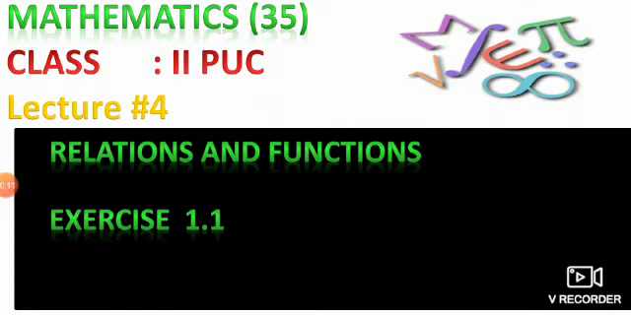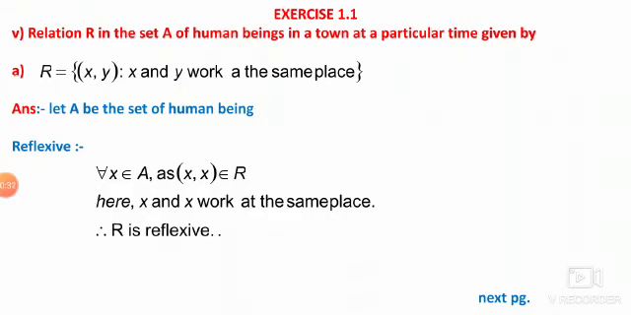Today we are going to solve few more examples from the exercise 1.1. In last class we have seen the types of relations, that is reflexive relation, symmetric relation and transitive relation. In this class we are going to solve few more examples